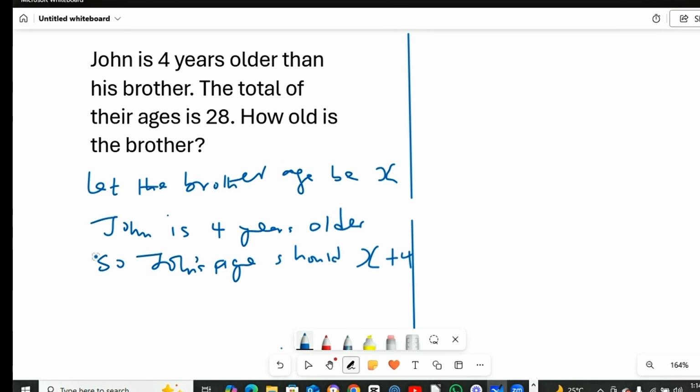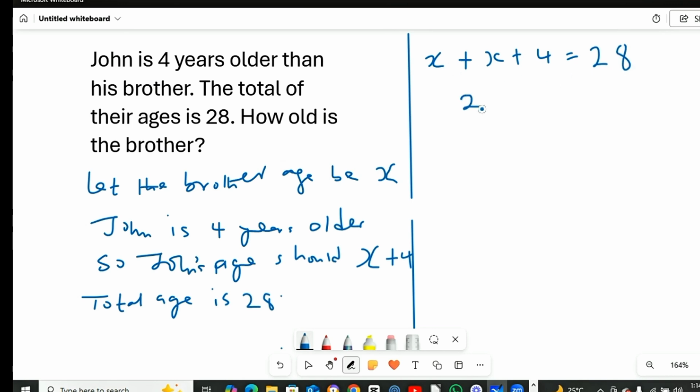X plus 4. So their total age is 28. So the equation will be like this: the brother's age x plus John's age, x plus 4, equals 28. So x plus x, you have 2x plus 4